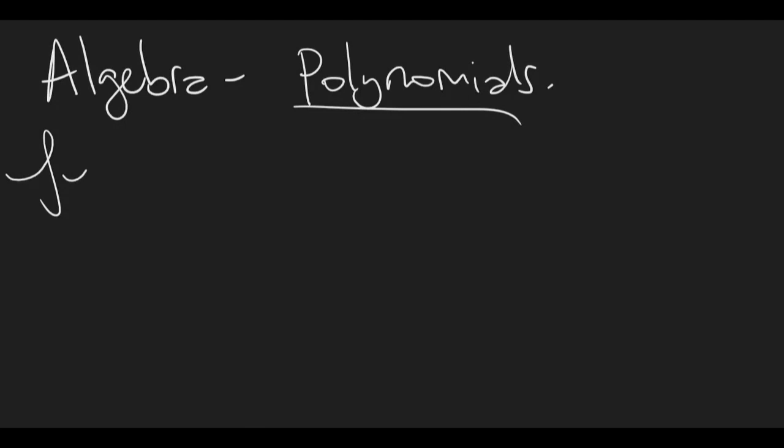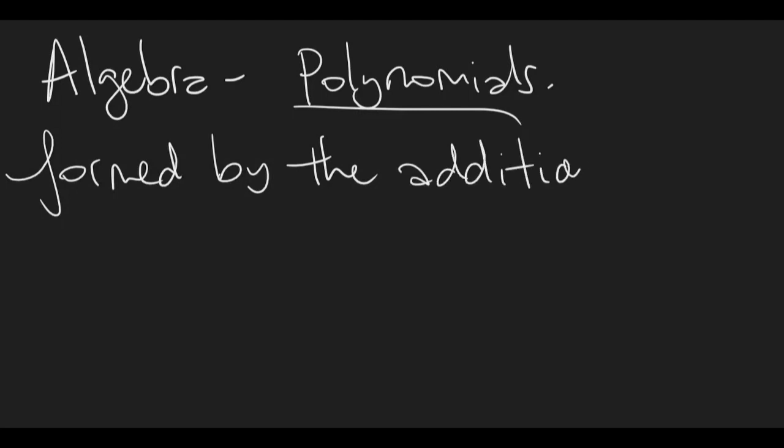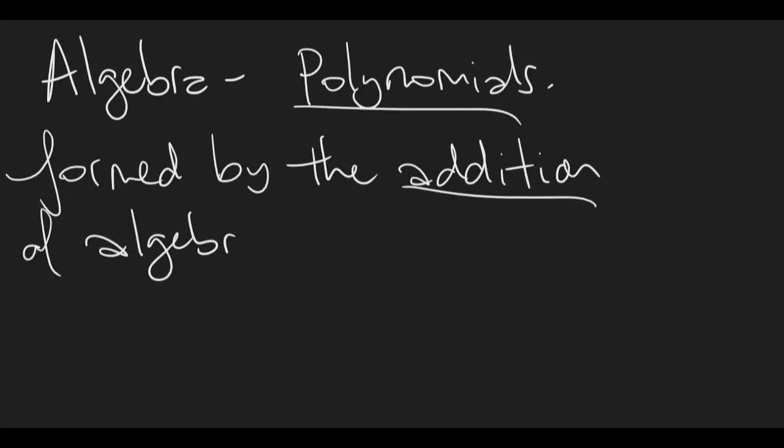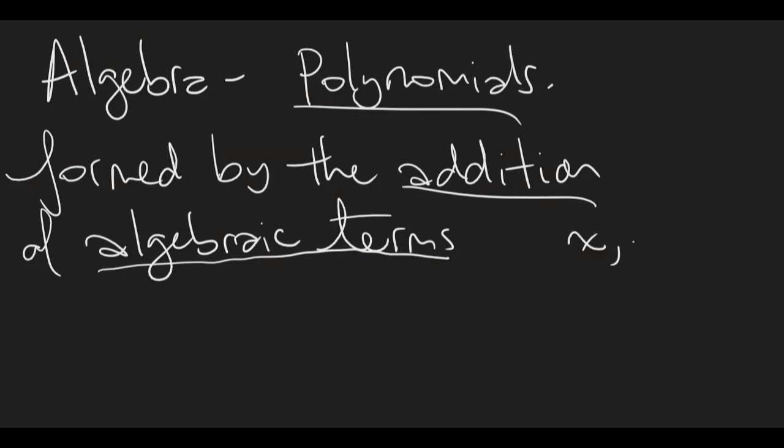So polynomials are formed by the addition of algebraic terms, and we can have many or few. And an algebraic term is something like x or x squared, or multiplied by a number. It could be 2x squared. So polynomials are formed by the addition of algebraic terms with